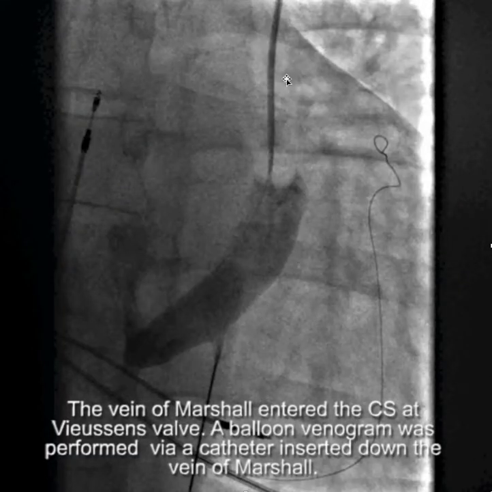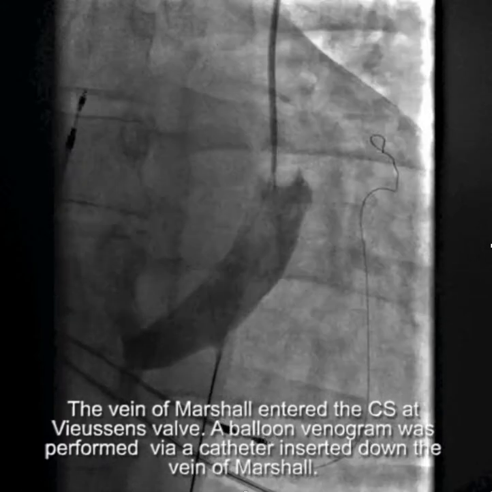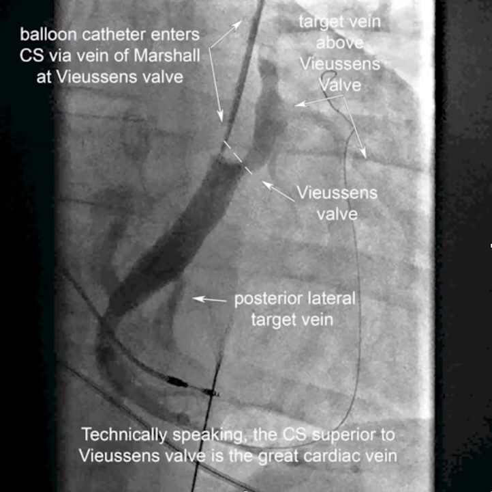So a balloon was advanced down the persistent vein of Marshall, a venogram performed, and now you can see the structures, which include, here would be Thebesian valve, here's a posterolateral branch, here's the vein of Marshall above that point,